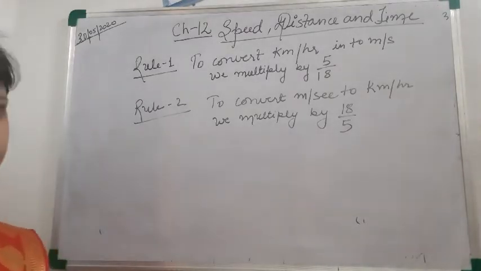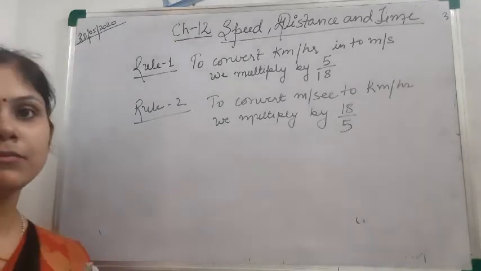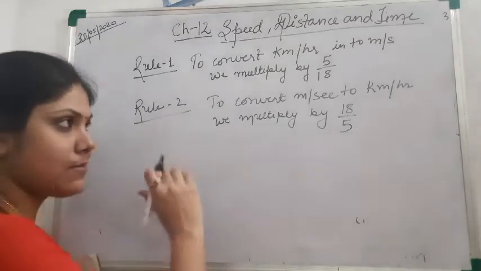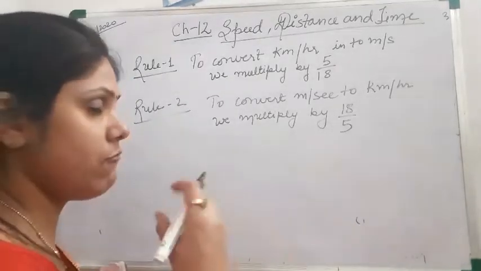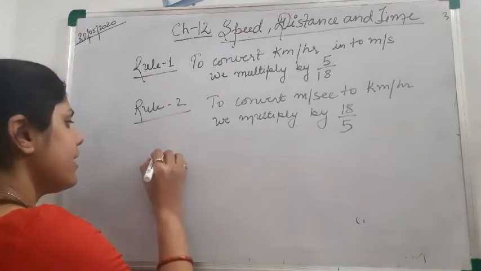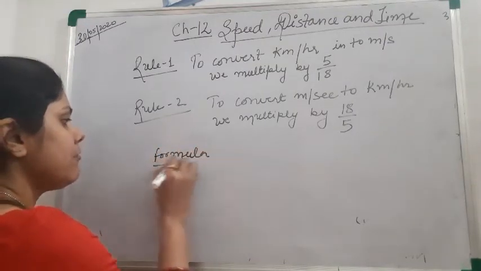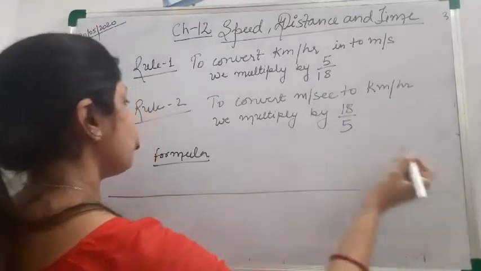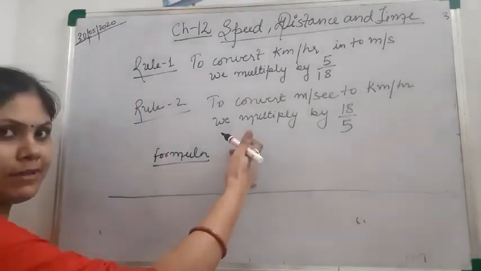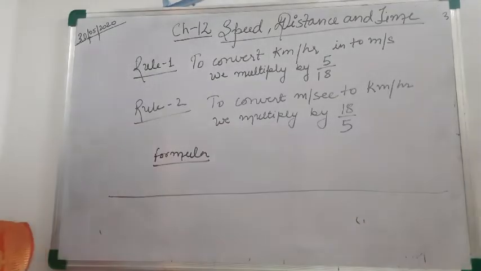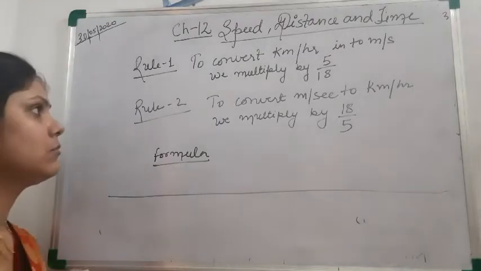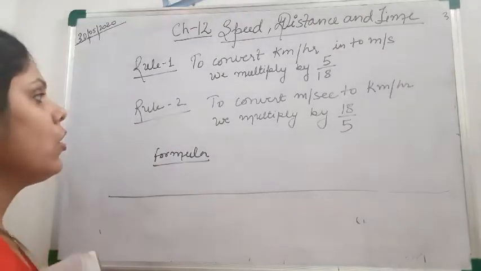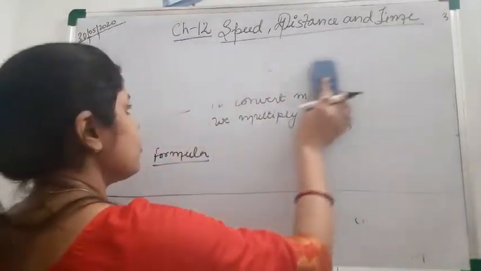Please write it till here and then come to the questions of the exercise. Okay, leave 2 lines here because we are going to solve questions on these formulas only. One more formula is there. Just leave the place here and then draw a line. Leave 2-3 lines here and draw a line, and let us start the exercise now. Written? Okay.